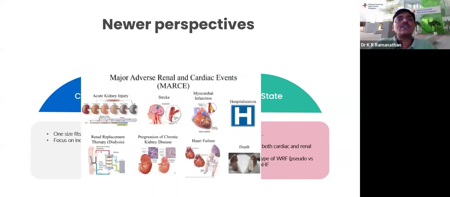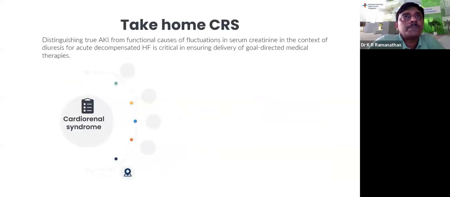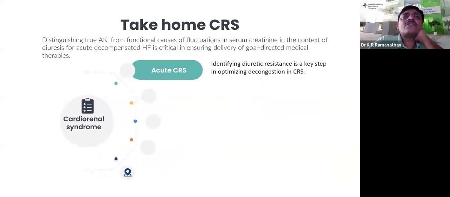And in terms of research, it's not enough that we just look at major adverse renal events or major adverse cardiac events. Future trials should combine both these events together, as well as include milestones such as need for dialysis and need for hospitalization as part of critical events, when you measure composite outcomes. So the take-home message from this talk should be that you need to figure out, one,